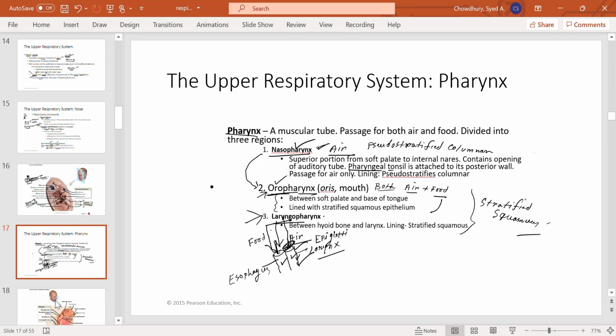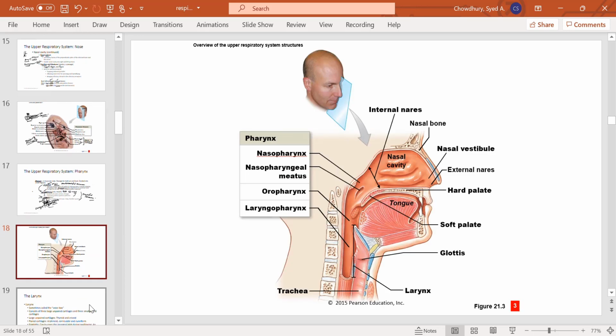You know, if food enters the larynx, it will go to the lung, to the respiratory system, right? So that's not safe. Okay, the epiglottis moves up and down. When you swallow food, it moves down to close the laryngeal inlet. When you breathe, the epiglottis opens the larynx. Makes sense? So it is a cartilaginous, elastic cartilage structure.